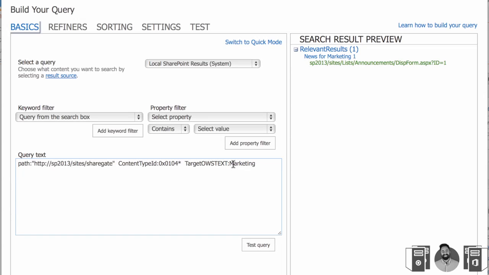Now, you should check out my blog on crawl property versus managed property in the ShareGate site, because it is vital that you understand the difference of the two and how to work them, because otherwise you're not going anywhere in this case. So here I'm going to remove the static word marketing, and what I'm going to type is